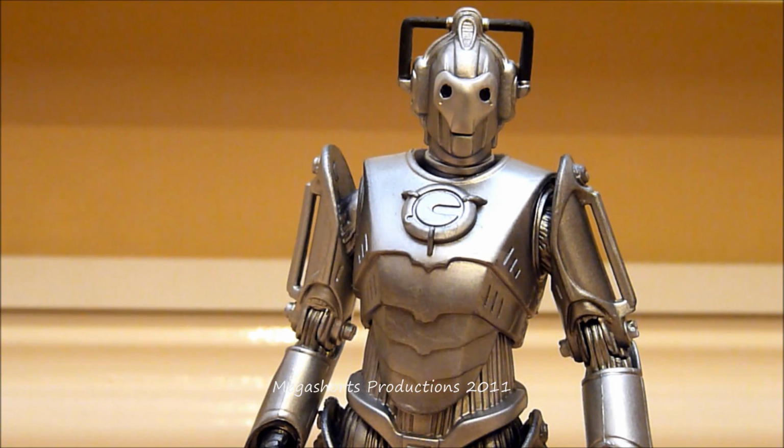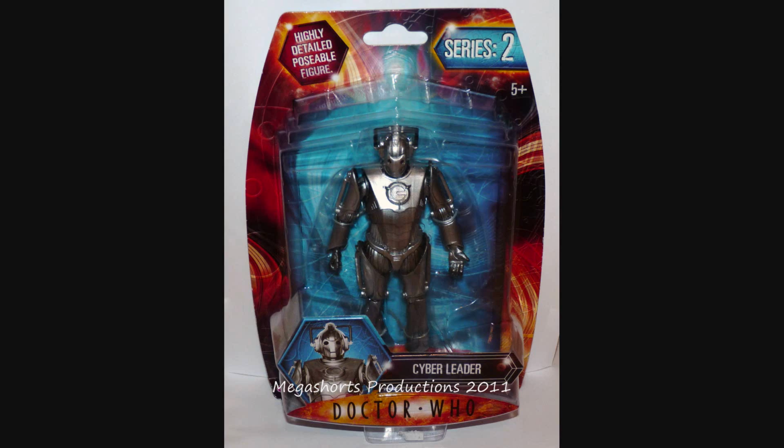Okay, so before I start going into detail about the figure, I'm going to show you some pictures of the packaging. If we take a look at the front, we can see that the packaging is really similar to that of the figures we saw from mid-2008 onwards. It's just like the clamshell packaging from that time, but on the B&M exclusive figure packaging, not all of it